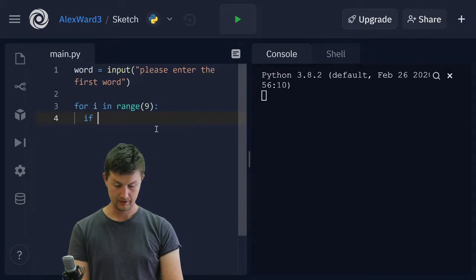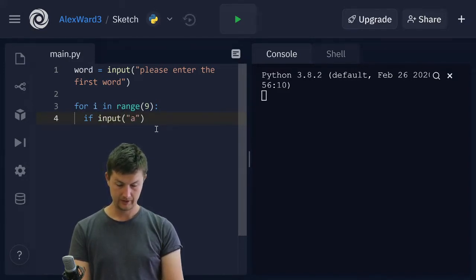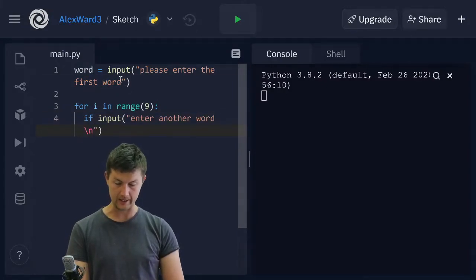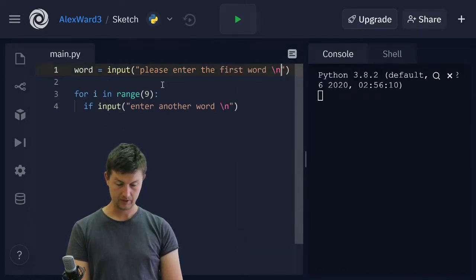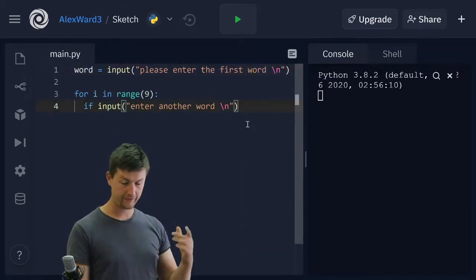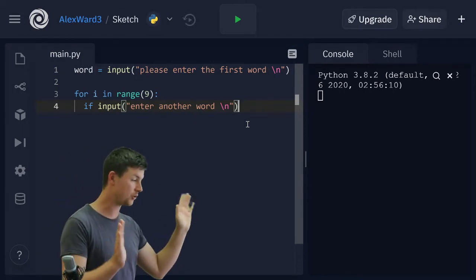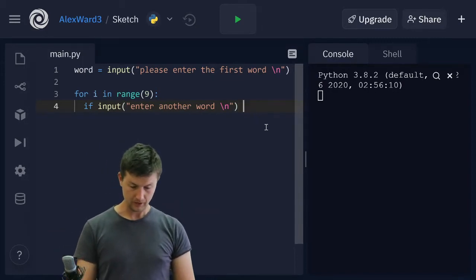For i in range 9, if input, enter another word. Let's put in some \n because they are tidy and they tidy up our console. \n Please enter another word. If that input, and I don't even need to assign this to a variable, I don't need to store this anywhere. If that input